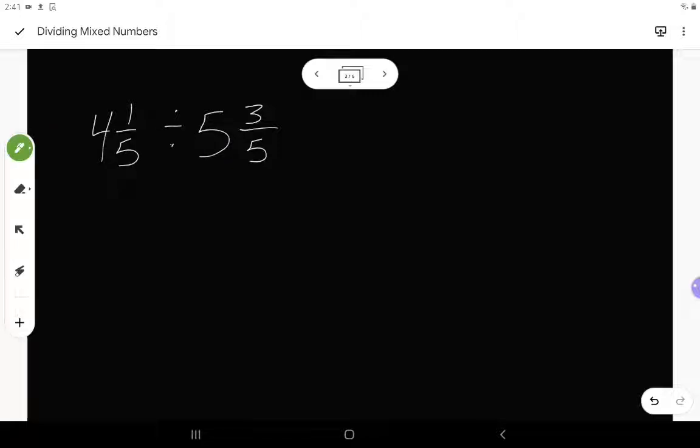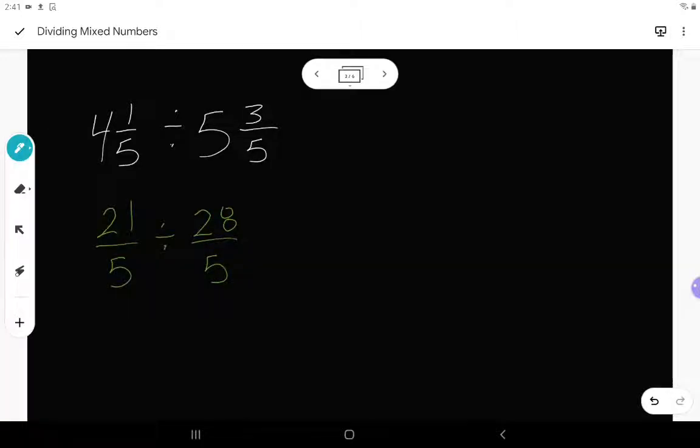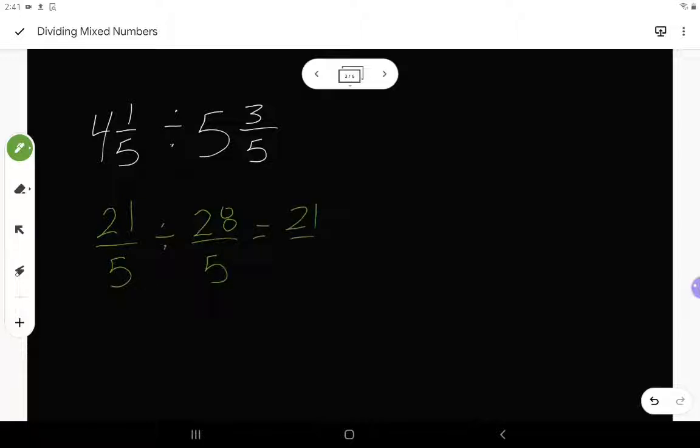I'm assuming your video was paused and you came up with 21 over 5 divided by 28 over 5. And if you didn't pause your video, stop embarrassing me. It's really mean. Now, I'm going to keep that first fraction the same, so I've got 21 over 5, but